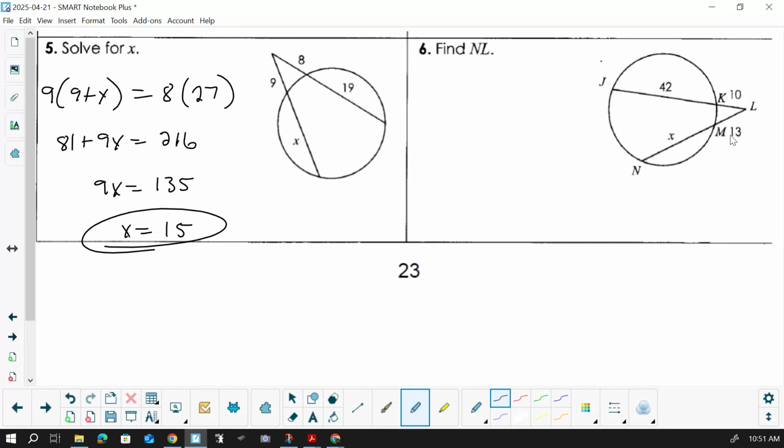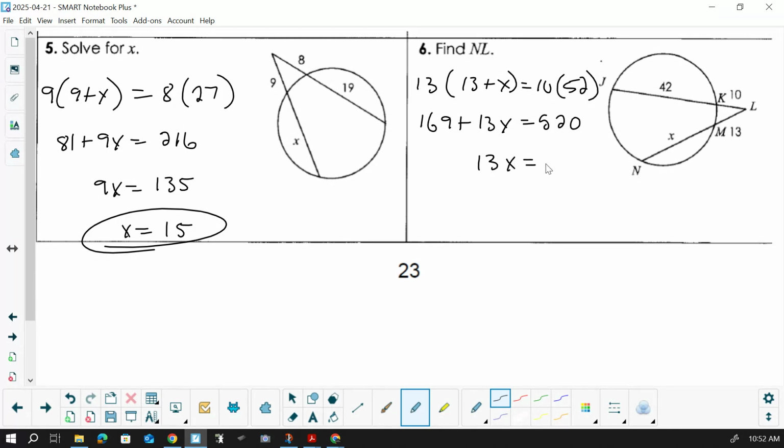Okay, next one. Part on the outside times the whole thing. 10 times 10 plus 42 is 52. Okay. So we get, well, 169 plus 13x equals 520. Subtract 169 from both sides, and we get 13x equals 351. Divide by 13, and we get x is